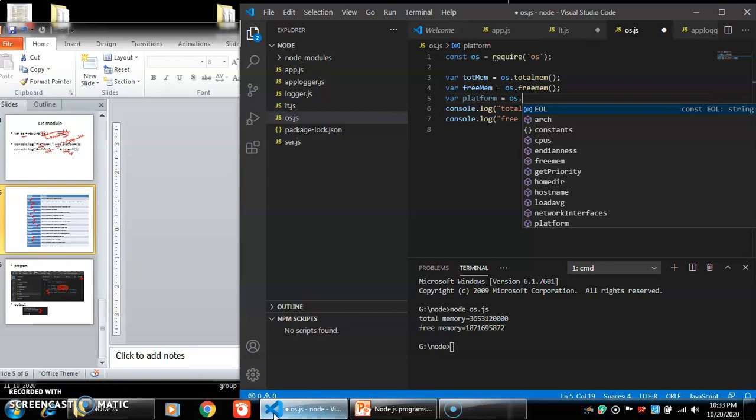When I'm using OS, the methods which we can use in my program are listed under the OS module. If I am using the method platform, the platforms are available there. It gives a function, so this platform will represent which platform you are using. Network interfaces is also a function. Load average is another function. Host name, home directory, those are functions or methods